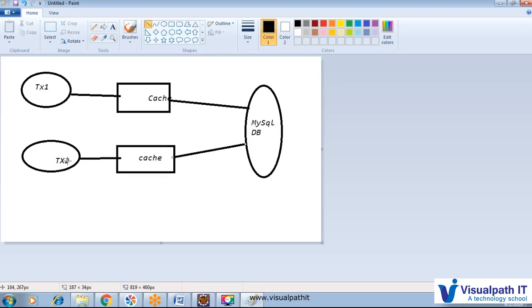And again if we start the second transaction, tx2, meaning session.beginTransaction, then again one session cache is created, and all the persistent operations, whether we are doing an SQL query, a load, a get, a list, or a save or delete, anything we want to perform in the particular DB, will be pushed here first. After that, when we do the transaction commit, only then will that data travel to the database.